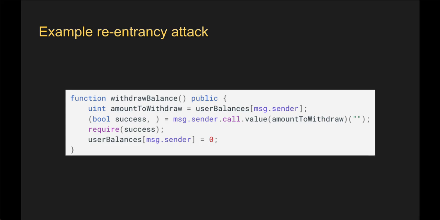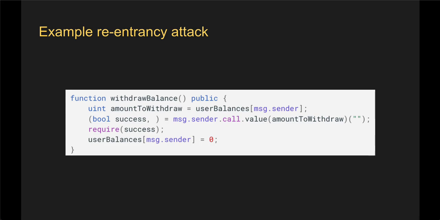So to know how much that function needs to send to the caller, we use message sender. That's the address of the caller. We check the mapping of the user balances to the address. We get that value, then we send to that address the amount to withdraw. We check if it is successful, and at the end, after the call has happened, then we zero out the balances. Seems simple, right? But the trick here is that in Ethereum, smart contracts